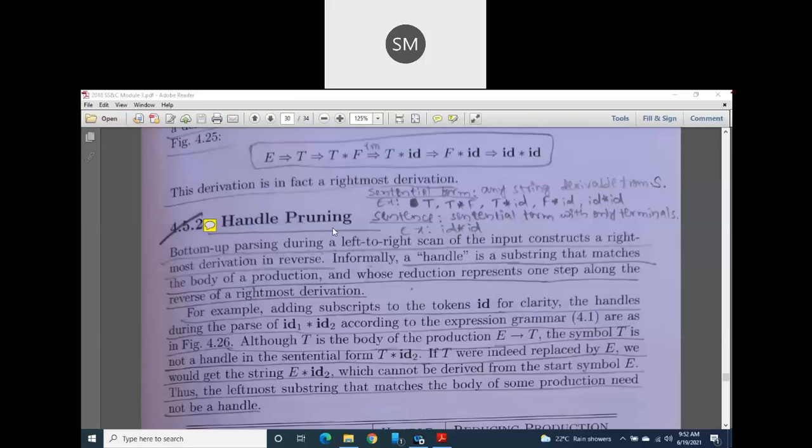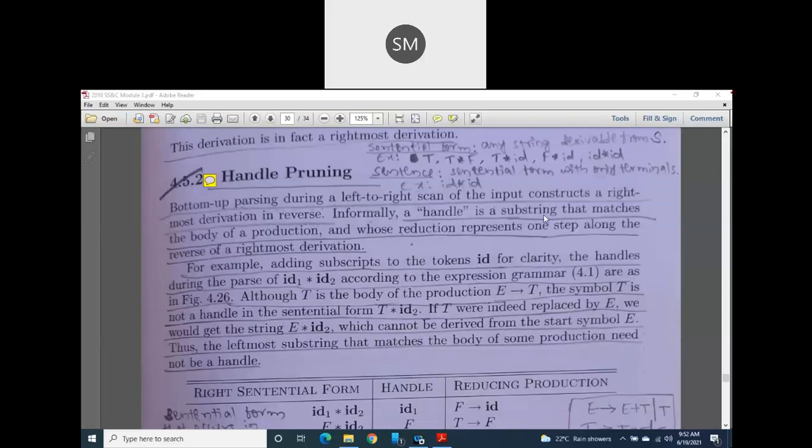Okay. So here one concept comes, that is handle, and prune that handle. Prune is nothing but cut. You know, in our tree also we will keep on cutting the branches. Okay. So similarly here we are going to cut, we are going to reduce the handle. So first you should understand the handle. What is a handle, right? Then only you can prune it or cut it. A handle is nothing but, try to understand guys, it is a substring. It is a substring that is matching the body of a production. That's all. That is matching the body of your production.